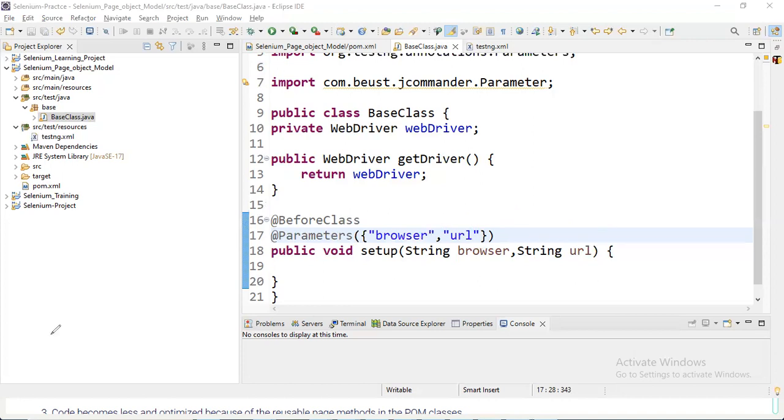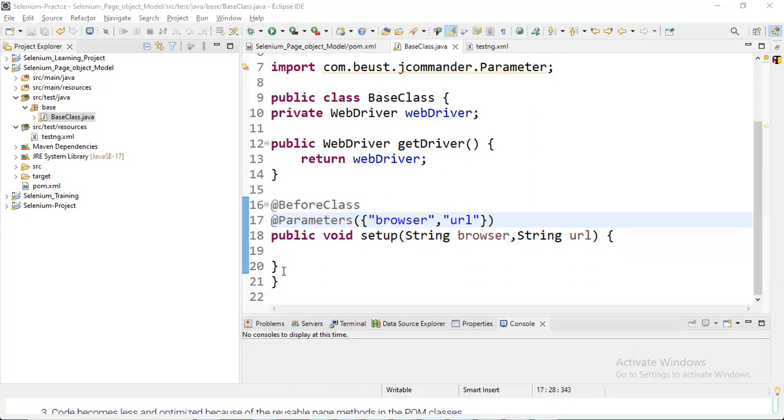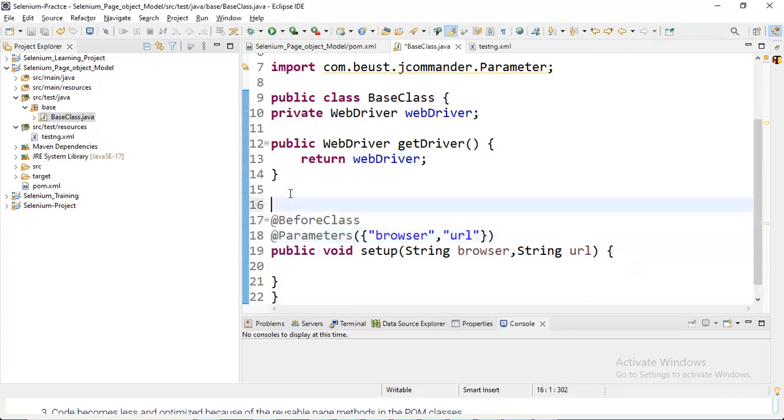Okay, now our method is ready. And now we have defined one more method. Inside this method, we are writing the logic for launching a browser. So now we open that method. Here I'm going to define one more method, public void